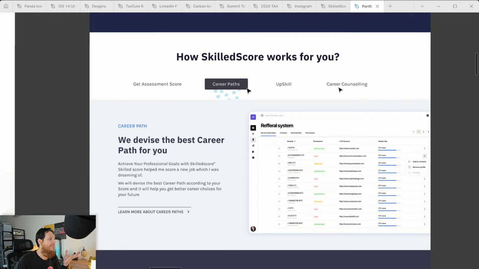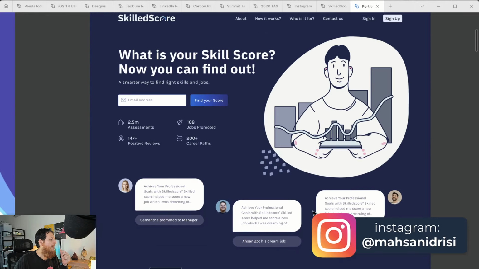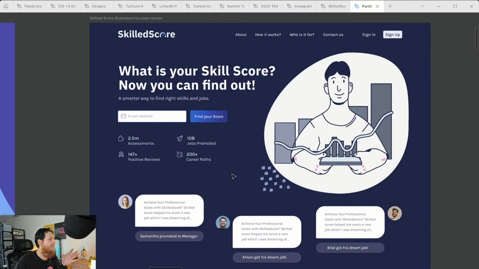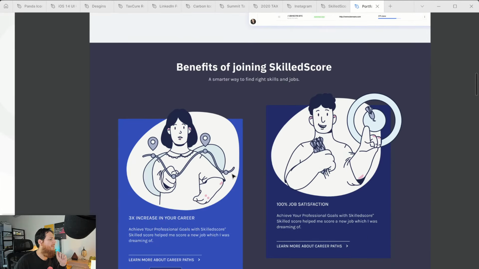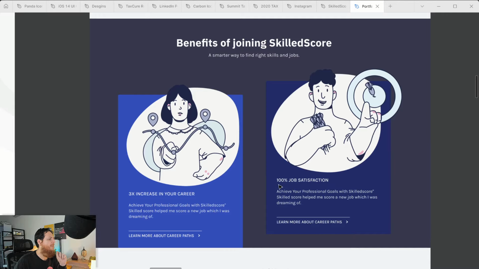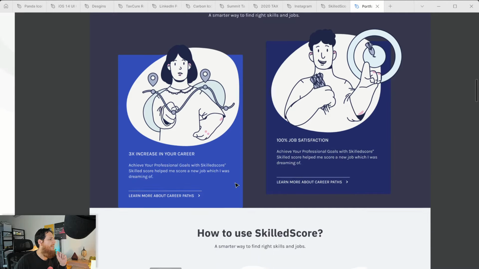So this was a SaaS AI startup. Benefits of using SkillScore, just 2 benefits, very salient. You can have 4 over here. How to use SkillScore, 3 steps, 1, 2, 3. And then we have